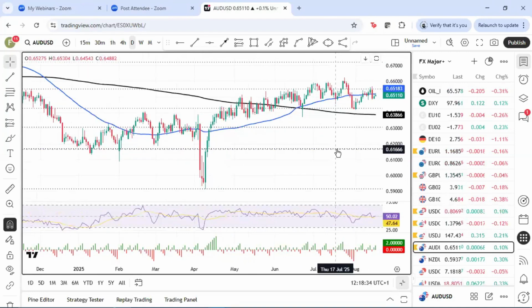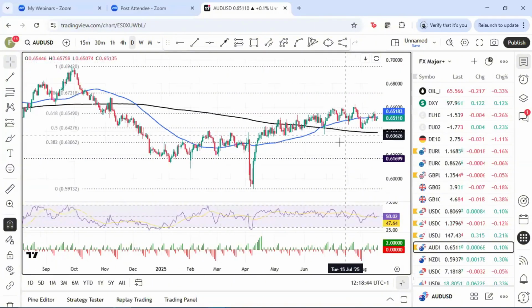In amongst that, of course, you've got the blue line, the 50-day moving average, 65.18, kind of a pivot point really. 66 is just above there, 66.25 that recent high, and then support around the halfway point of this move lower, which is at 64.27. You can see it cap the downside there, end of July and the start of August, so that should be decent support again. The black line, just for you guys, is the 200-day moving average, that's at 63.86.